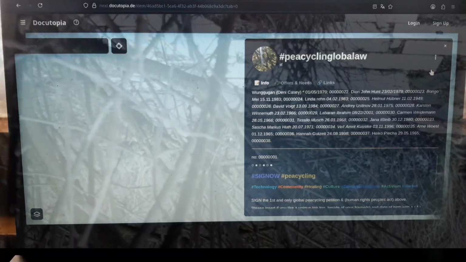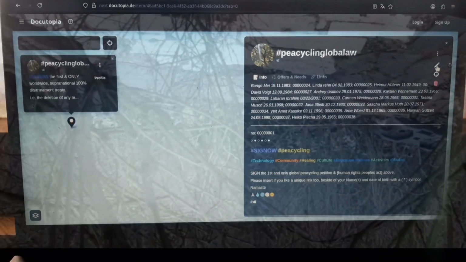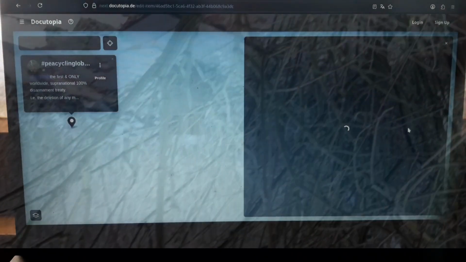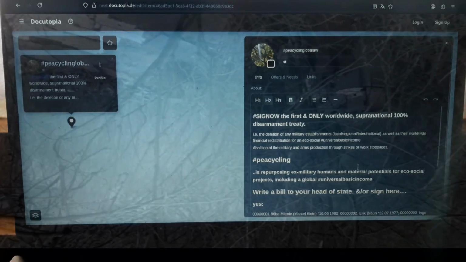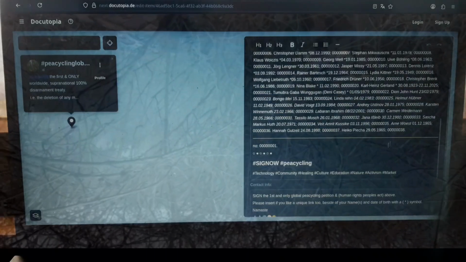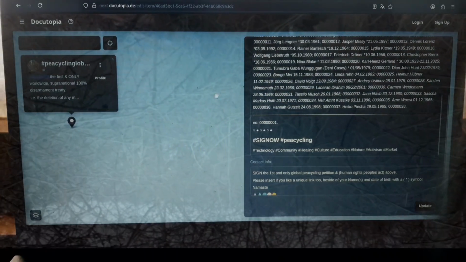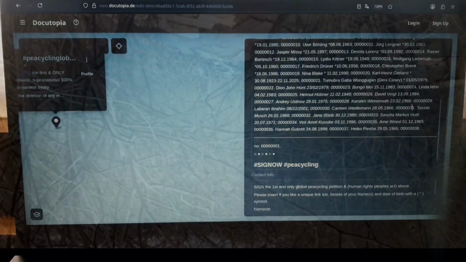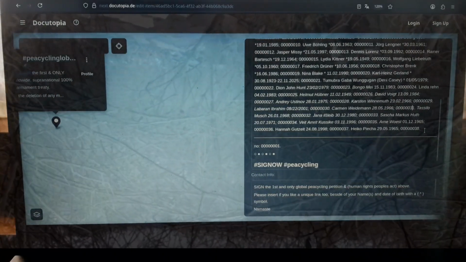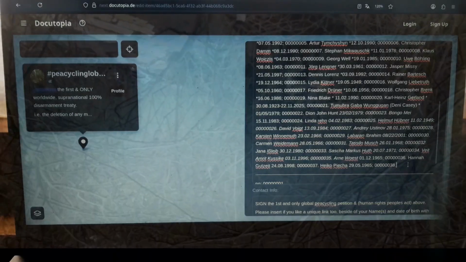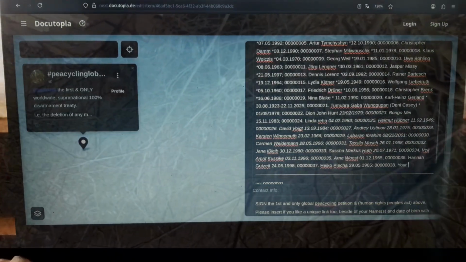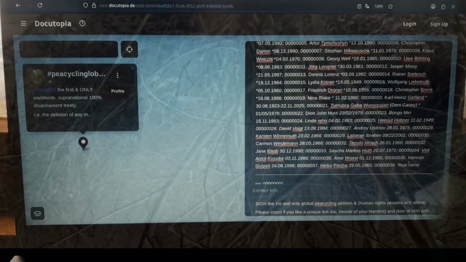Final summary, benefits for everyone. For everyone, Docutopia offers a dynamic platform where people can map their actions, see the offers and needs of their community, participate in gamified eco-social quests, and engage with SDG-related projects. For youth, it provides an interactive, educational environment where they can learn about sustainability while taking action. Rewards and recognition for their efforts keep them motivated.